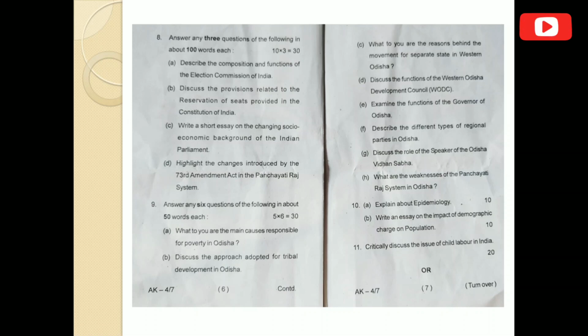Those who have gone through our OAS-Main test series might have seen these questions that repeatedly came in our test series, like the 73rd Amendment Act, Socio-Economic Parliament, the Election Commission, poverty, tribal populations, regional parties, the Panchayati Raj system, again it has come. In history also, architecture, Eastern Ghats, mangrove forest we have already asked, Mahanadi we have asked, water pollution, Mahanadi bauxite deposits and aluminum plant we have asked. So these questions we have already asked in our discussion.